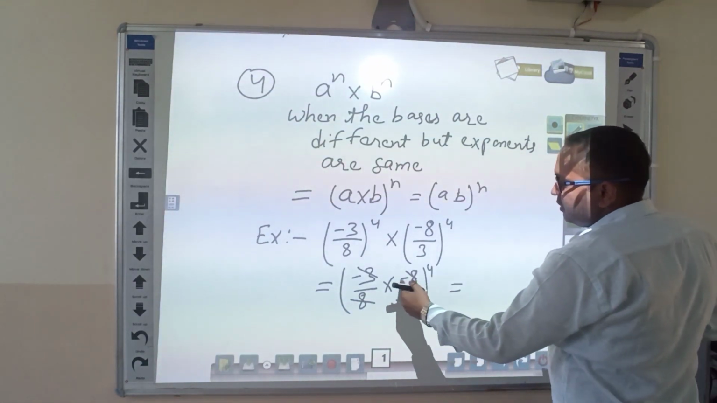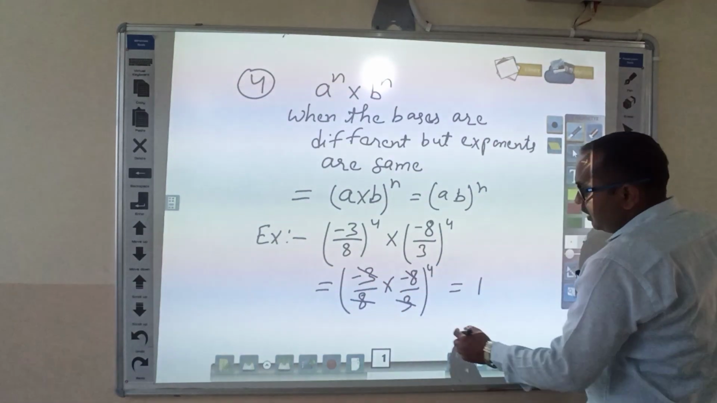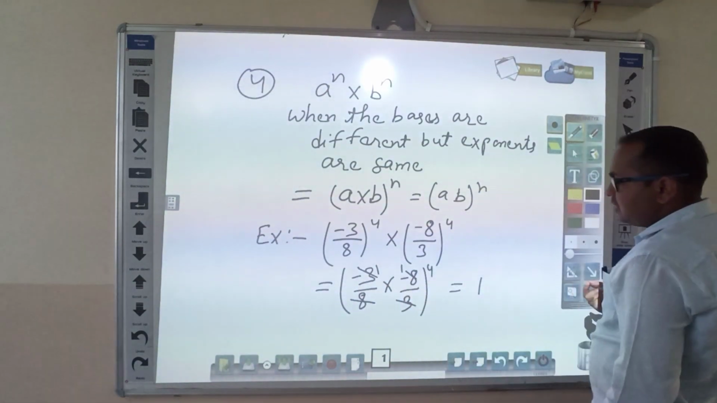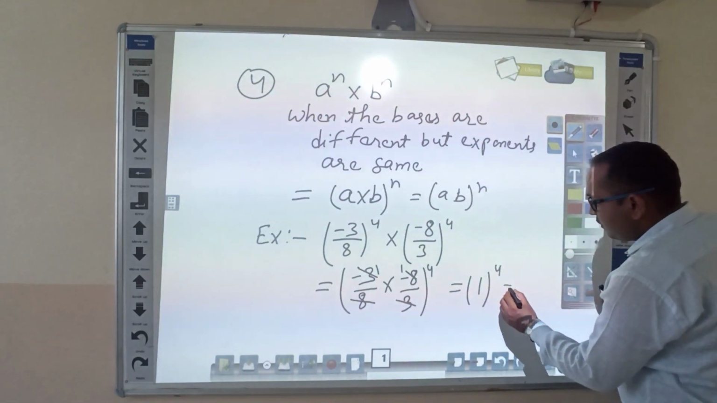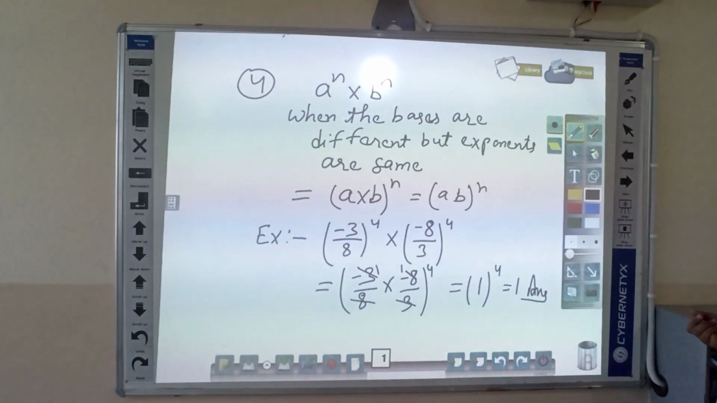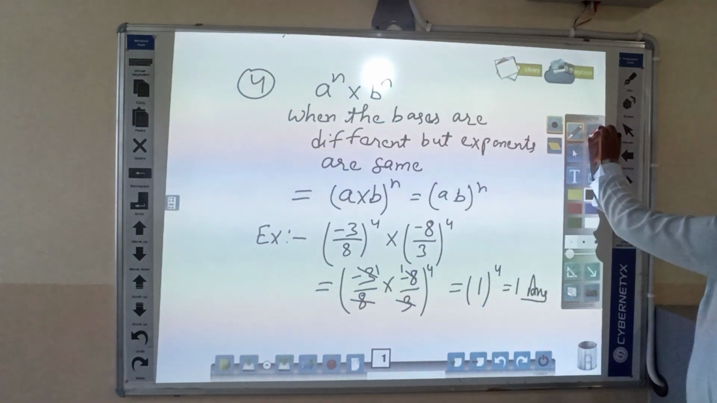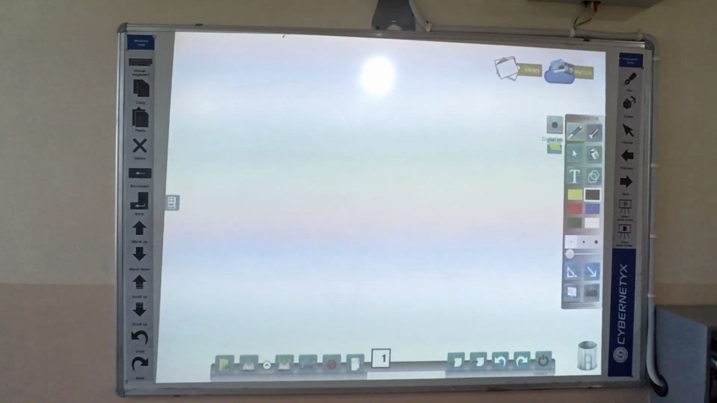Here minus comes 2 times, so it gives plus, and no number is left here, so the remainder is 1. So 1 to the power 4, its answer is 1. So these are the 4 laws of exponent. The next law is